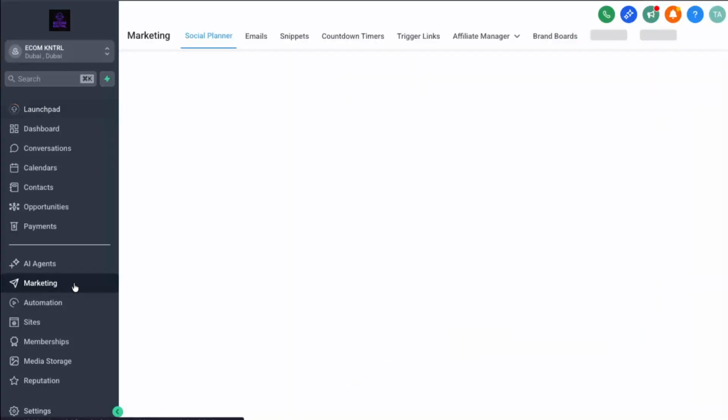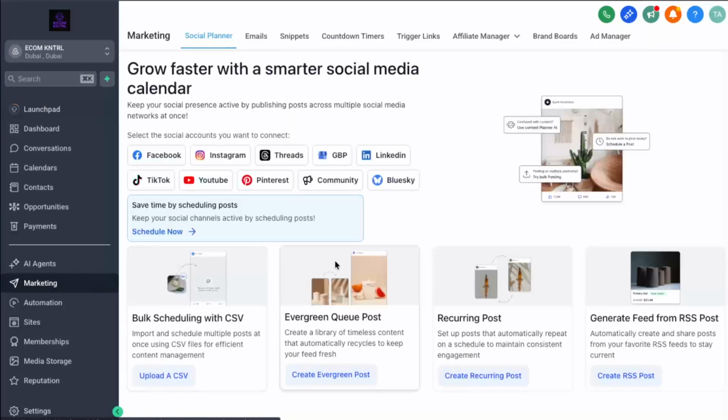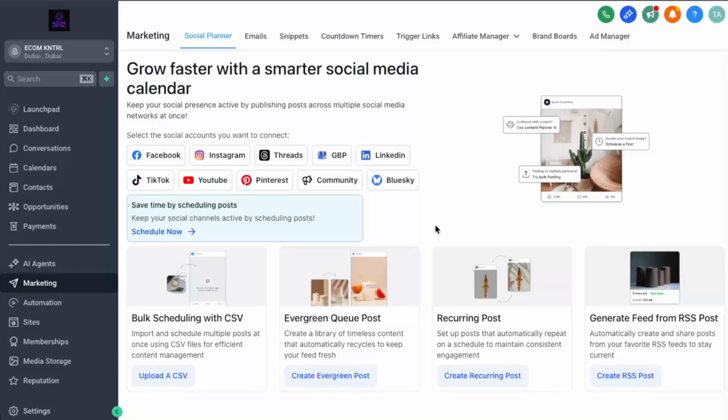From the Launchpad, look for the option labeled Marketing in the left-hand sidebar or top navigation, depending on your layout. Go ahead and click on Marketing. This section is where GoHighLevel keeps all of your promotional tools, including email campaigns, social media, and your Google business profile connection. Taking a moment to find this section is important because almost everything you do related to advertising or